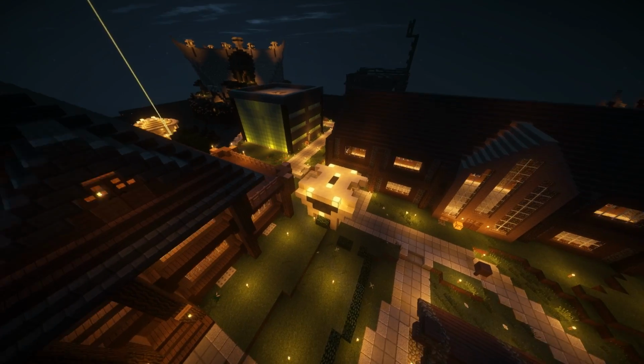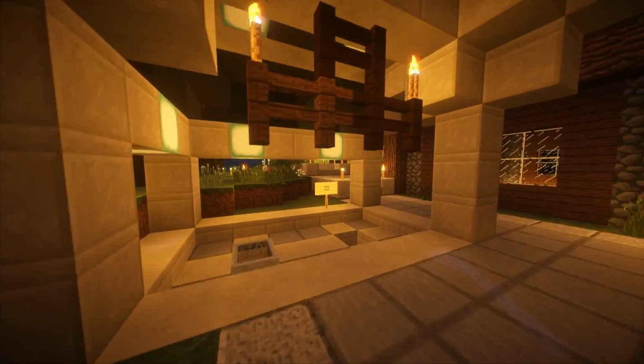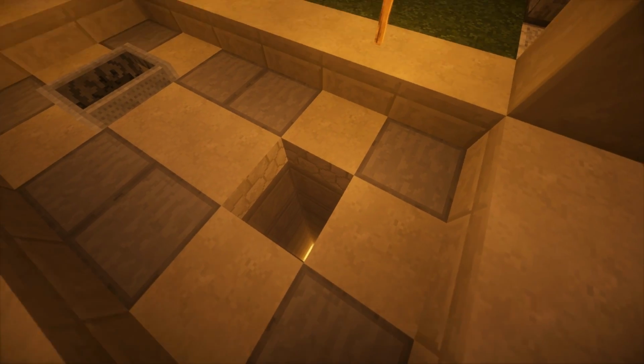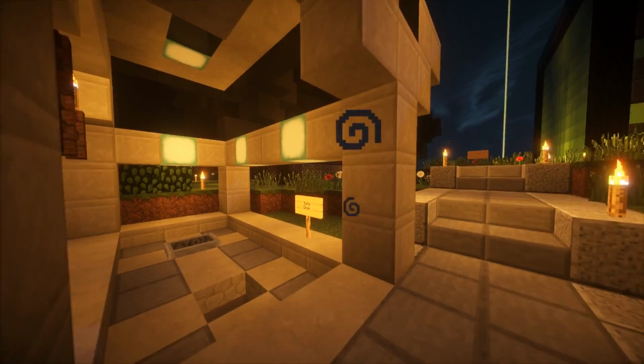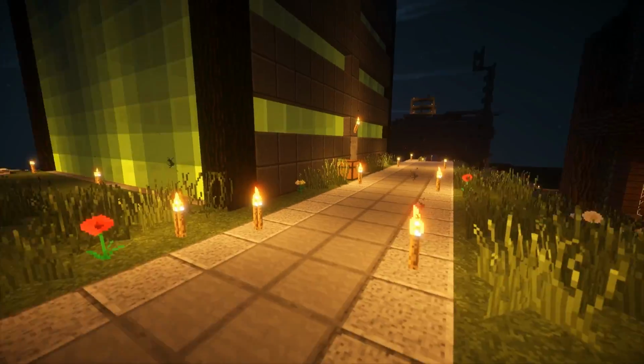But it looks like what a house is supposed to look like. Now, this is the skeleton farm, but I don't think I'll go down there because it's a beautiful design, but you probably know what a skeleton farm looks like. I think, don't quote me, I think this was made by FamilyCraft, and I'll show you some of his stuff,